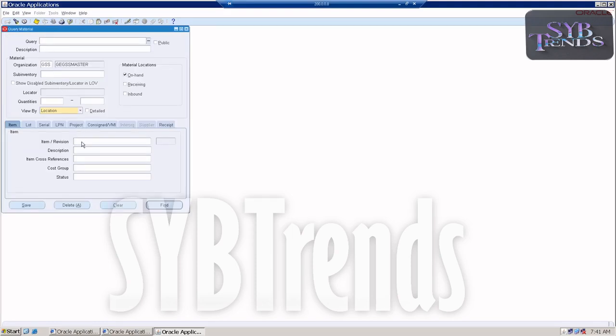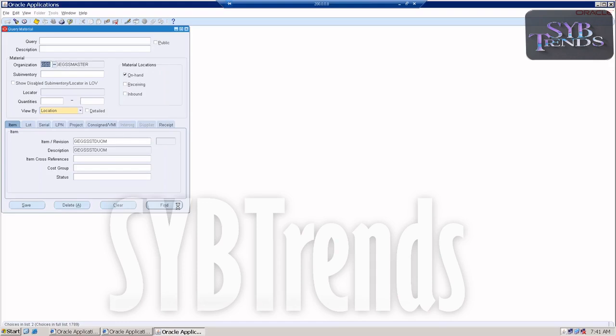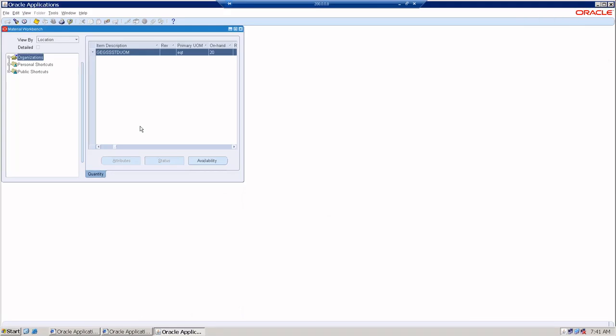So go to on-hand availability, on-hand quantity, and here search for your item, that is GGSS standard unit of measures. Click on find. Here you can see that it is always going to update the on-hand quantity in my primary unit of measures, that is 20. Okay, this is standard conversions, but for some items, like if you take the example of our oil pouches or biscuit packets or any food items,